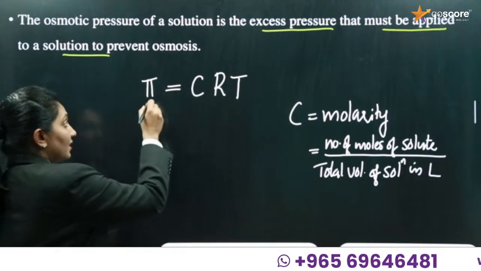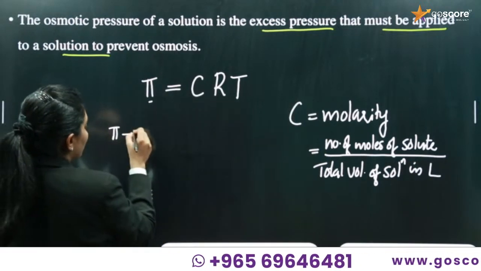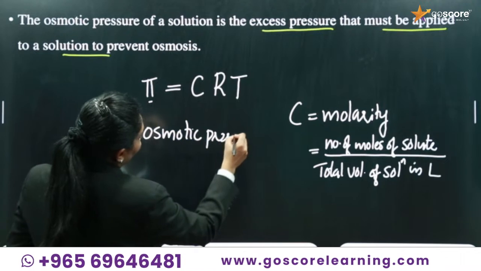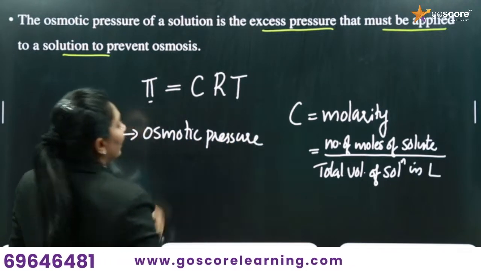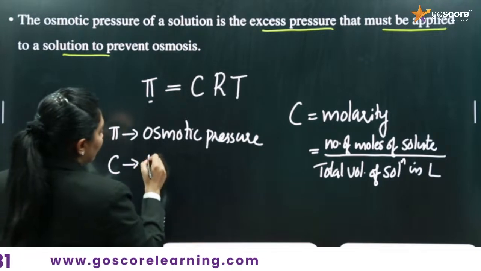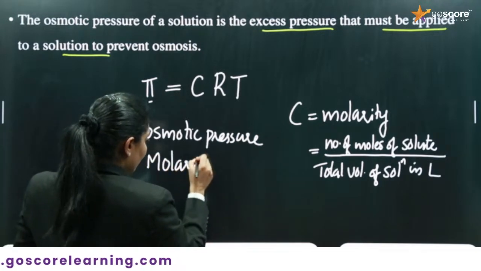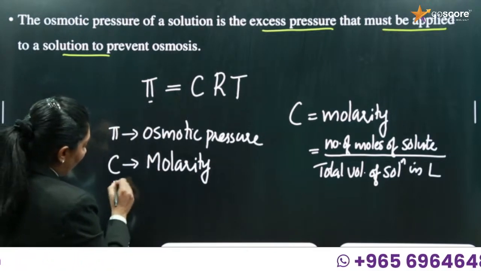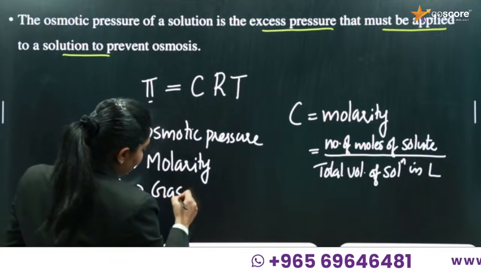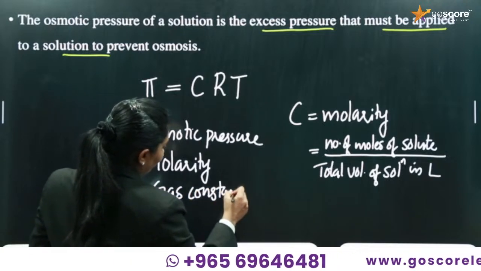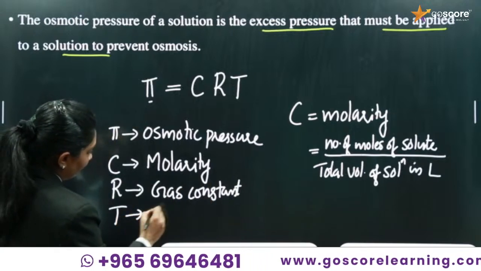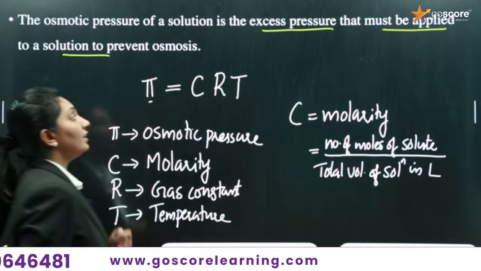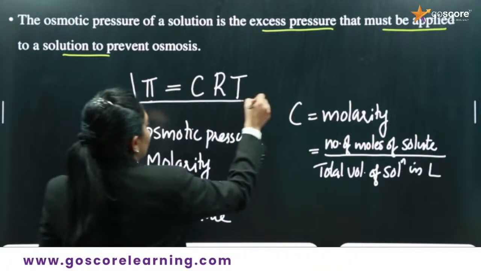So in this expression, pi is the osmotic pressure, C is the molarity, that is the number of moles of solute by total volume of solution in liter, and R is the gas constant, and T is the temperature in Kelvin. Okay, so this is the expression for the